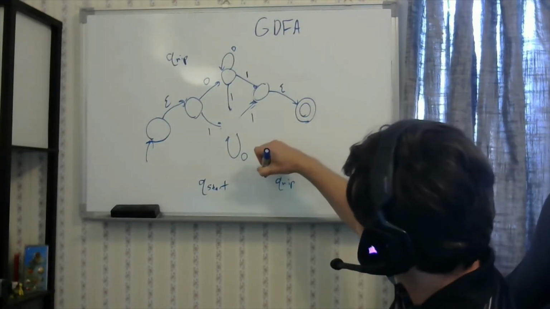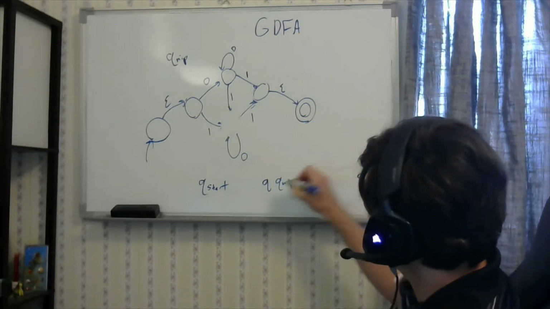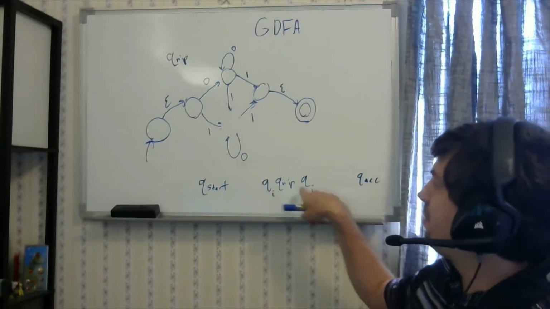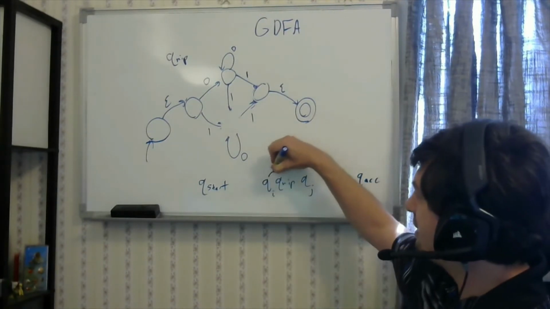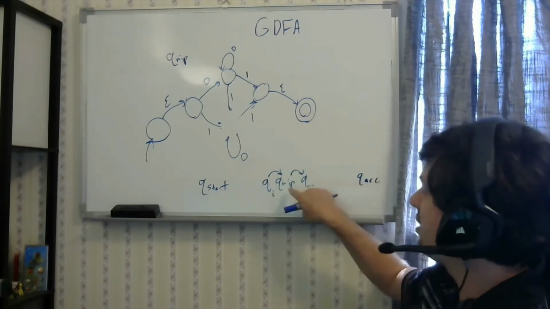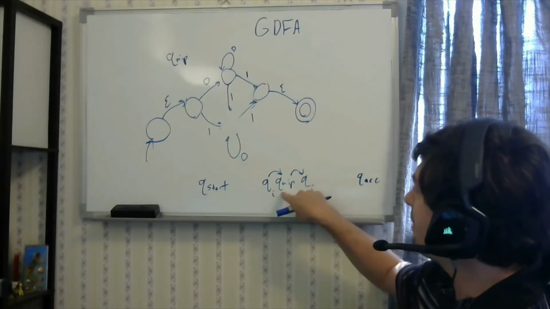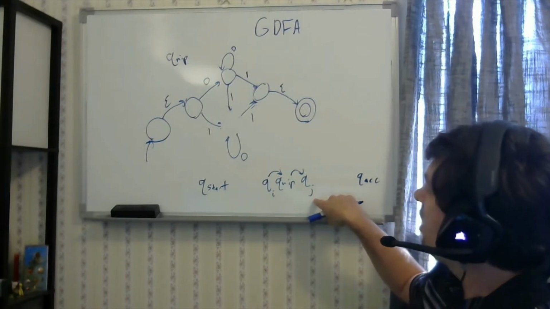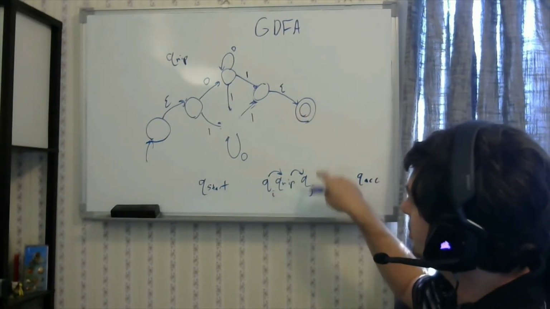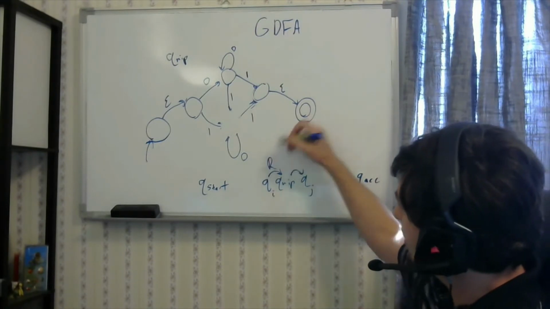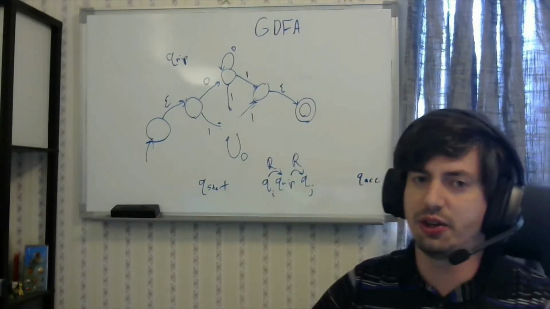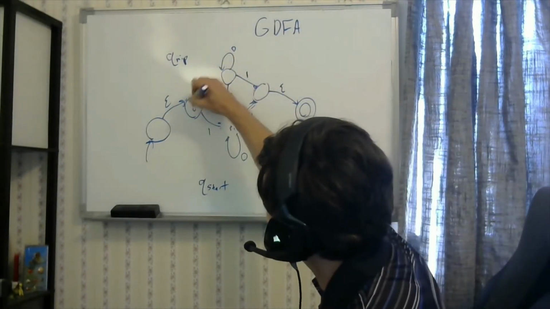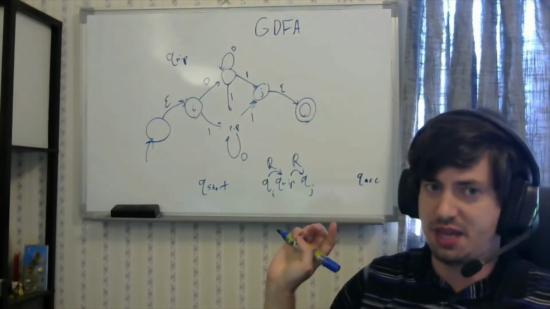One case is, well, supposing that we had QI and QJ, where before we were in this state, we took some input to get to this state that we are removing, and then some other input that gets us to a following state, a subsequent state. Well, let's say that this was one regular expression and that was some other regular expression. In this case, let's say that this was our RIP state and we're going to consider this state I and this state J for the time being.